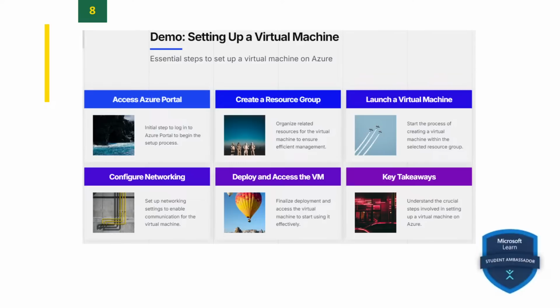Navigate to the virtual machine services. First one, access the Azure portal and create a new virtual machine. Step 2. Configure basic settings like selecting a subscription and resource group. Choose the subscription under which you want to create the virtual machine. The second one is instance details, for example, the name of your virtual machine,